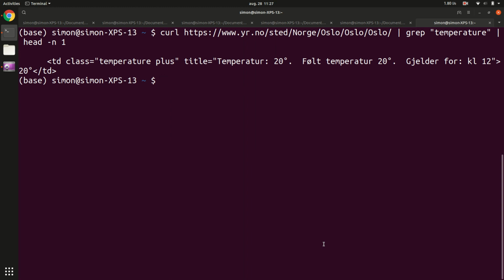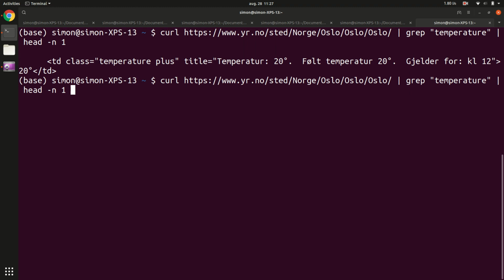But now, of course, I don't want to have all this HTML commands. I'm only interested essentially in the title. So I'm only interested in this part here. So how do I do that? I interpret this line here as a table that is separated by these double colons. And then I select the relevant column that represents that text that I'm interested in. So the way this is done